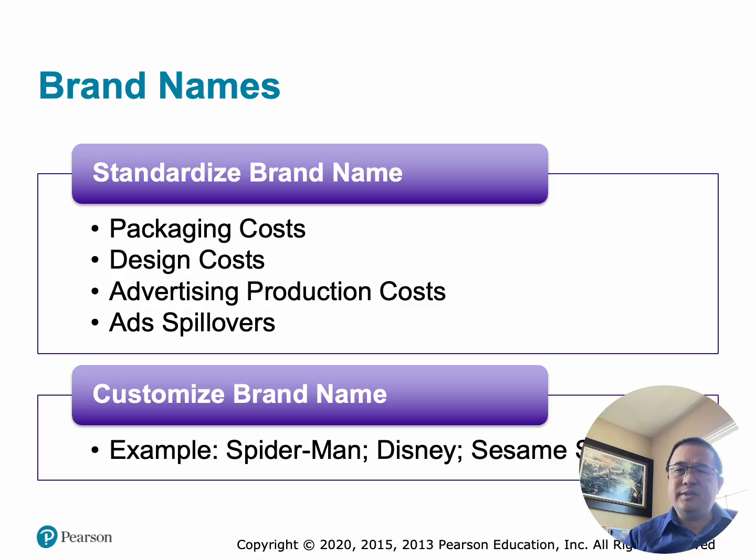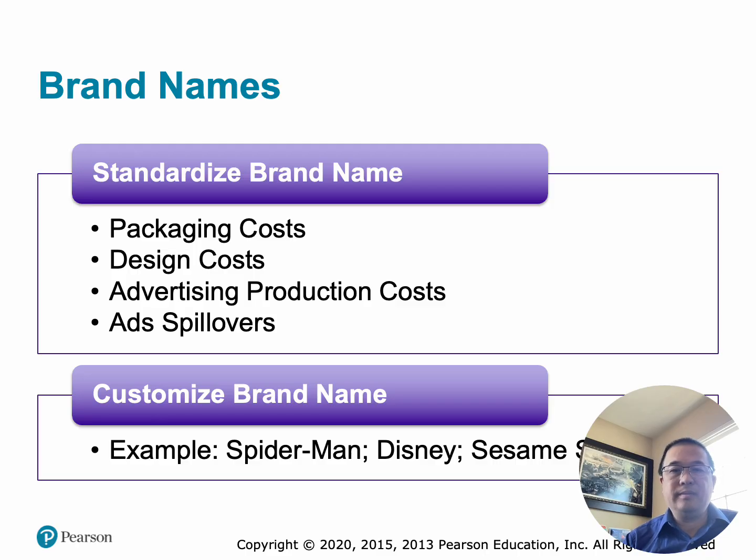The advantages of standardization in this case would be lower packaging costs. Using the same brand name means similar packaging worldwide, less redesign work, and simpler production. As an example, a Coca-Cola bottle can look nearly identical in many countries. B, lower design costs. The company creates one logo, one visual identity, one brand image, instead of designing different versions